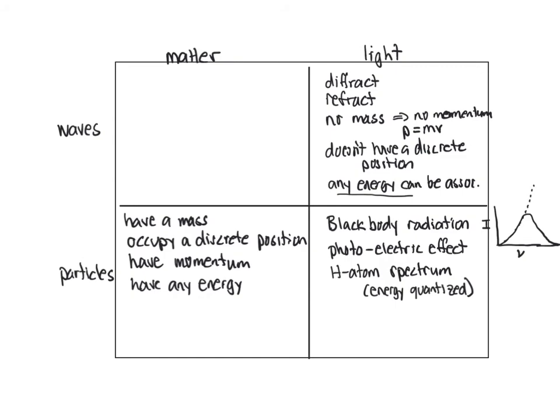At the same time, we found through Young's double slit experiment that electrons could diffract. Diffraction is very much a property of waves. And so if electrons can diffract, then we have to think of the electrons as waves. There are a number of other experiments that show that matter can also act like a wave. And so these things all put together